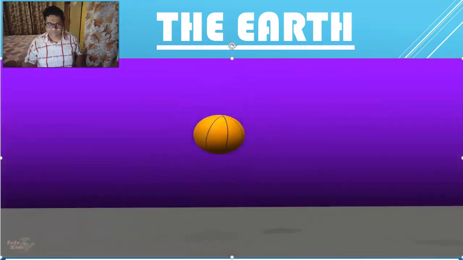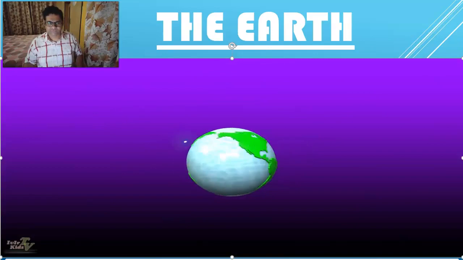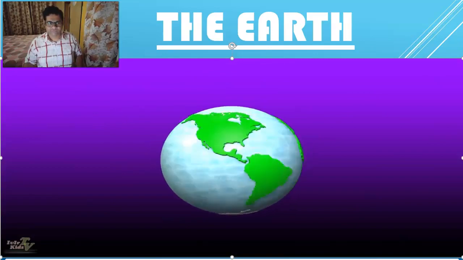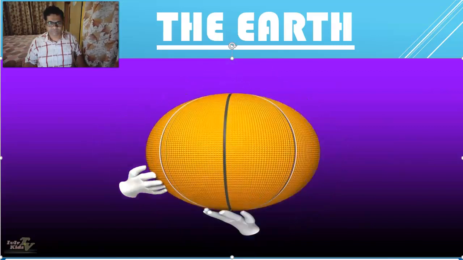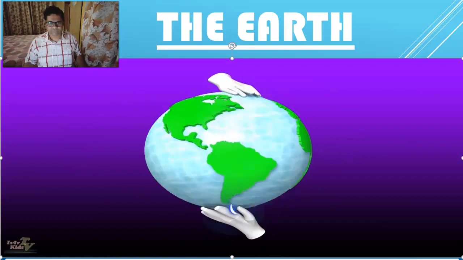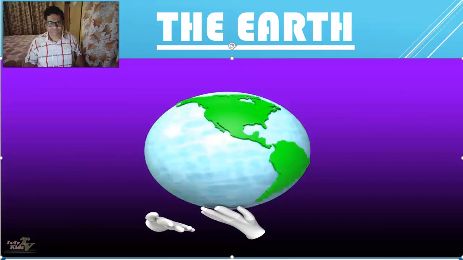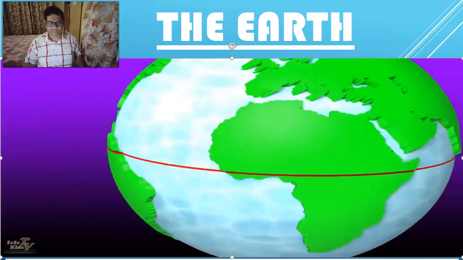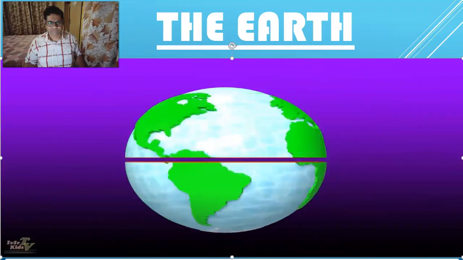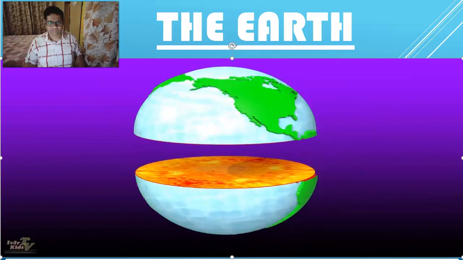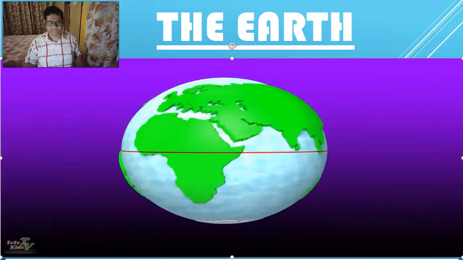Earth is a huge solid ball in outer space. The third planet from the Sun. The shape of the Earth is approximately oblate spheroidal. In the widest part of the Earth is the equator. The upper half of the Earth is called the Northern Hemisphere, and the lower half is called the Southern Hemisphere. Well, is it interesting?